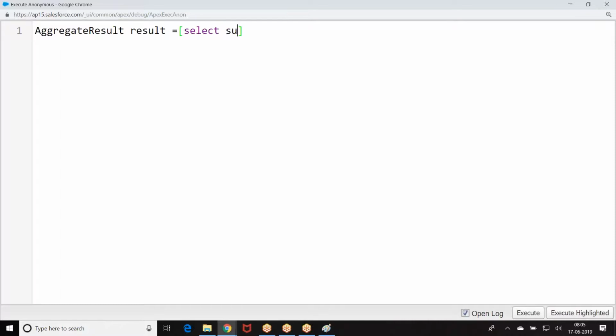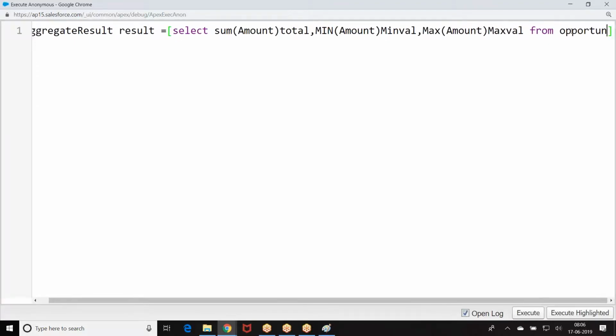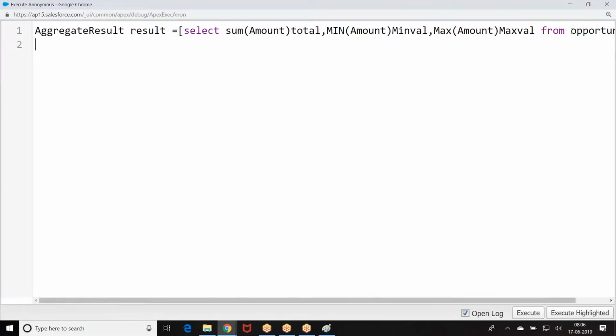Select sum of, min of amount, from. So any SQL query with aggregate function will give you result in the form of aggregate result.